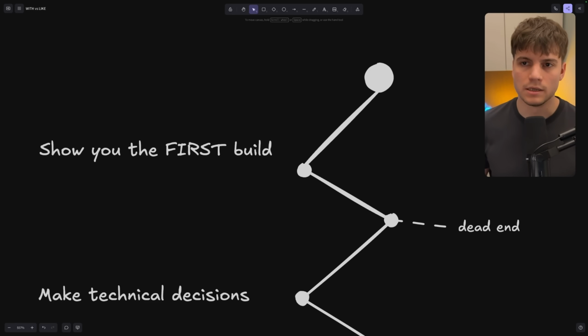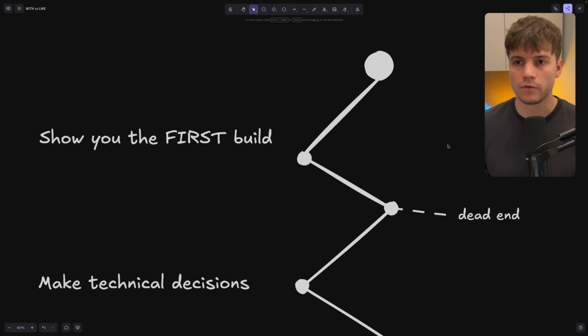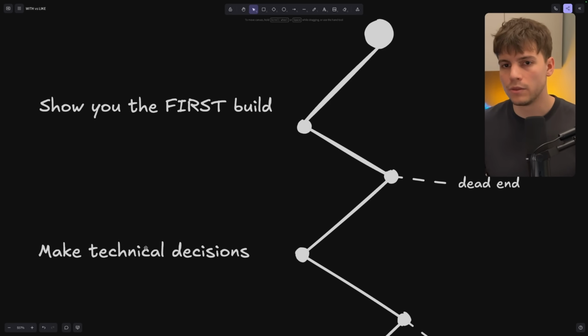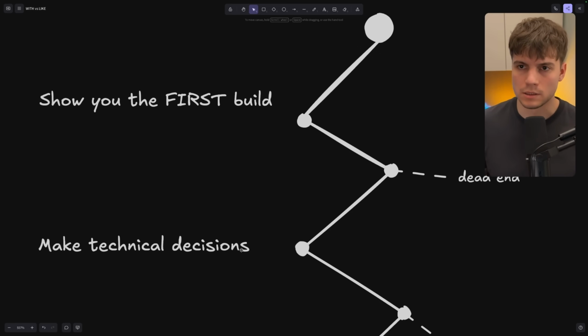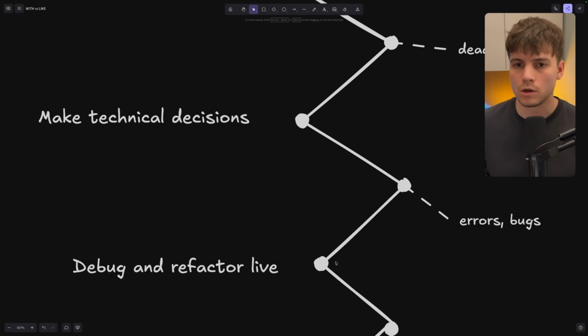One way we could fix this is instead of recording myself rebuilding the project, I just record myself building it for the first time. With this method, I will inevitably get stuck and hit some kind of dead end. Then you're gonna have to watch me make some technical decisions to get out. Then I might encounter some errors and bugs, and you will have to watch me debug and refactor the project